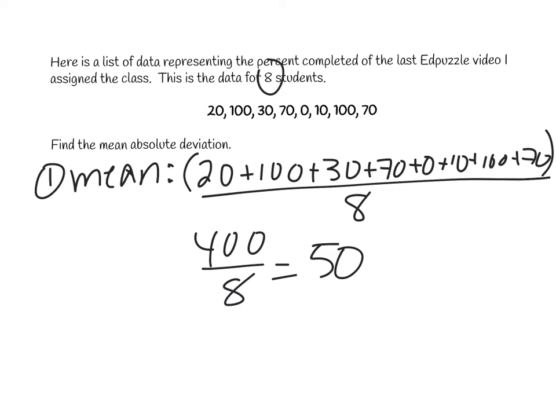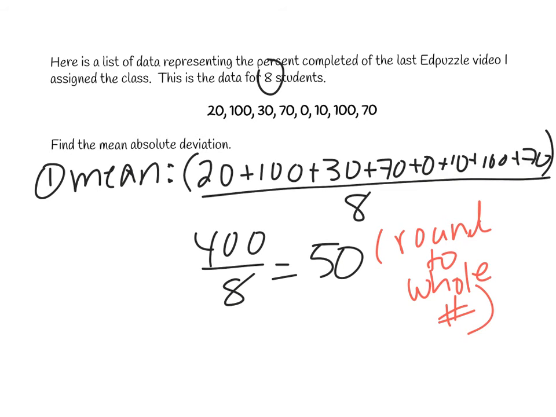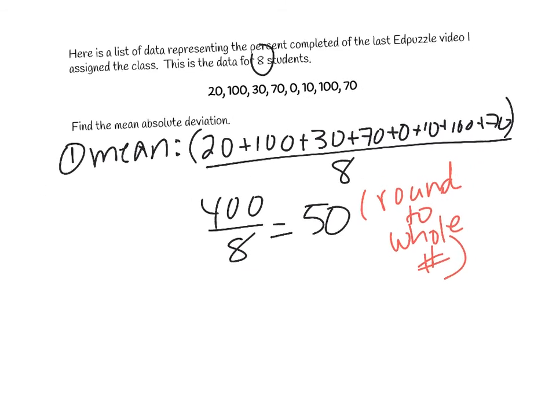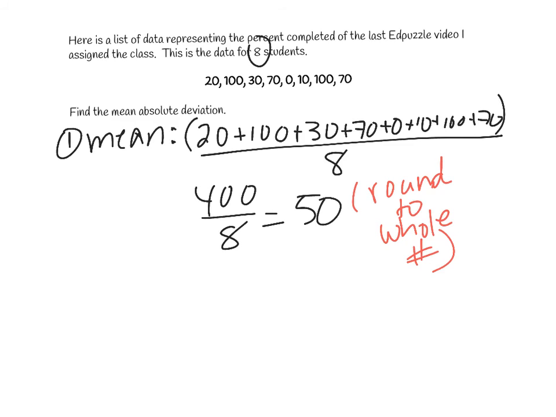Okay, so for this first step, to make it a little bit easier on us, we're going to round to a whole number here. That's the only time we're going to round to a whole number. We can have a decimal for the mean absolute deviation. You don't have to round it to a whole number because you have calculators and you push decimal points on your calculators, not a big deal. But if you want to, that'll make it a little bit easier numbers to work with, and it doesn't make it that much of a difference in the end. You will still get the correct answer.